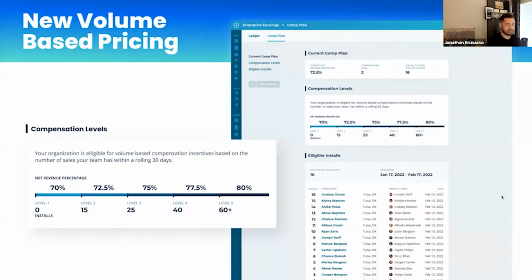But this is important because when you're pitching a team, when you're pitching a solar company, you have to say you get a loan rebate. You and your reps get a loan rebate. You have to say if you sell so many deals, you're going to get additional compensation. You have to say we have a 70-30 split already.